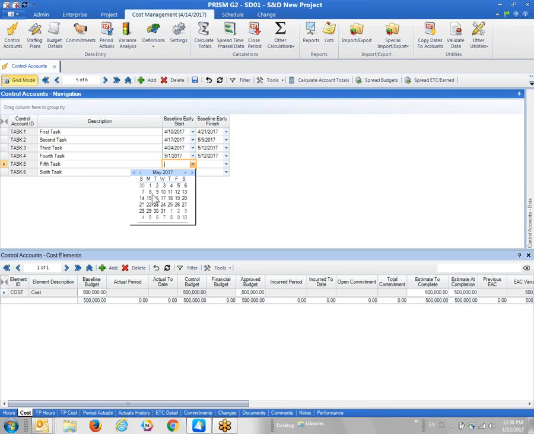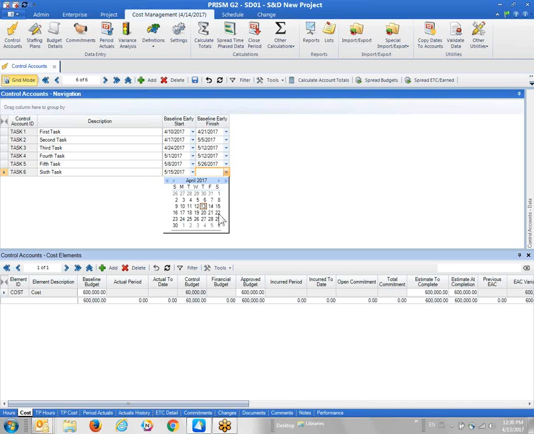It's just this one here. I'll actually make it end a bit longer. Say the 6th, and finally the last one. Just trying to get something that makes a bit of sense here. Let's say that ends in the June 2nd, say. All right, okay. So I've assigned start and finish dates to all my baseline start dates, for all my control